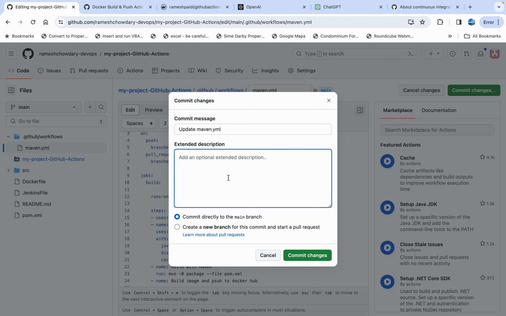The commit message is optional, but we have to provide a commit message. So: added Docker image build and push to Docker Hub. That's it. Just commit,